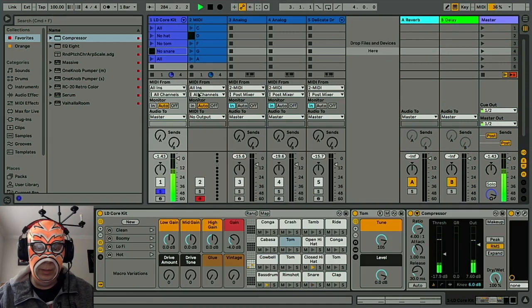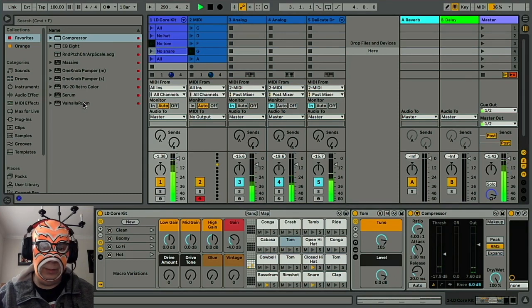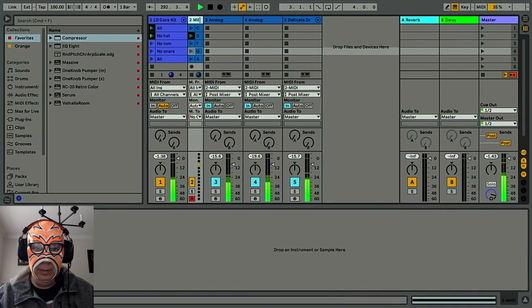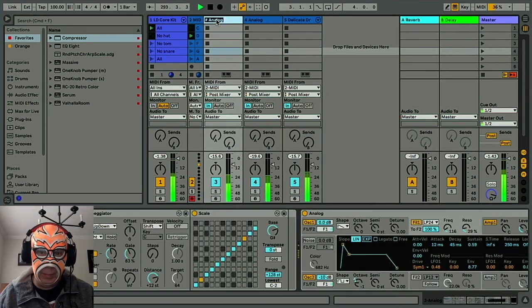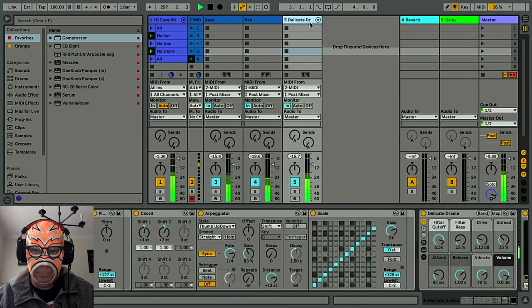I think that's good. Now, start throwing some retro color on my... We'll rename this bass. Rename this pad, and rename